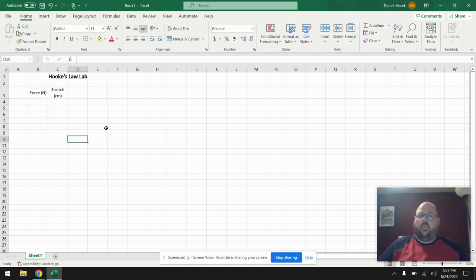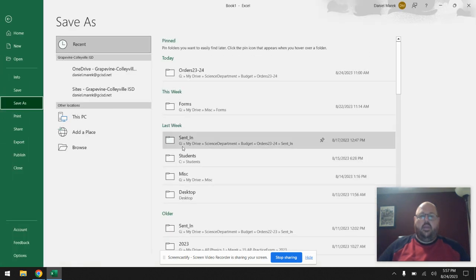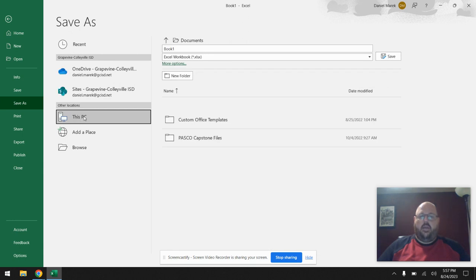We've done quite a bit with this. Let's go ahead and save this. The save button, and you do need to click the save button, it is important, is up here. You might get a thing that looks like this. You might click down here on more options. If you haven't set up a bunch of file folders yet, you might not have anywhere really handy to save this yet. So what you might do is come over here to browse